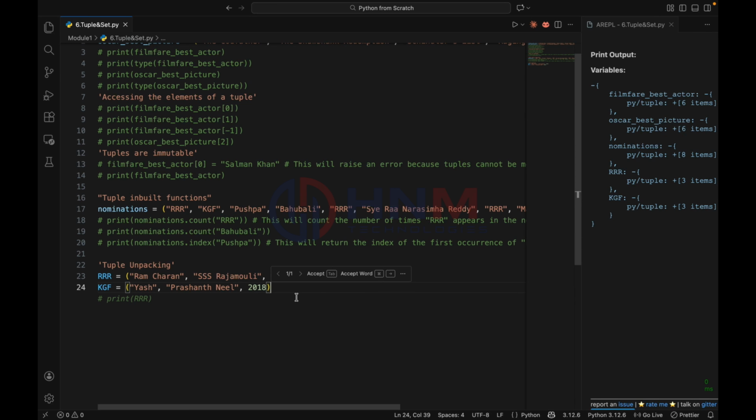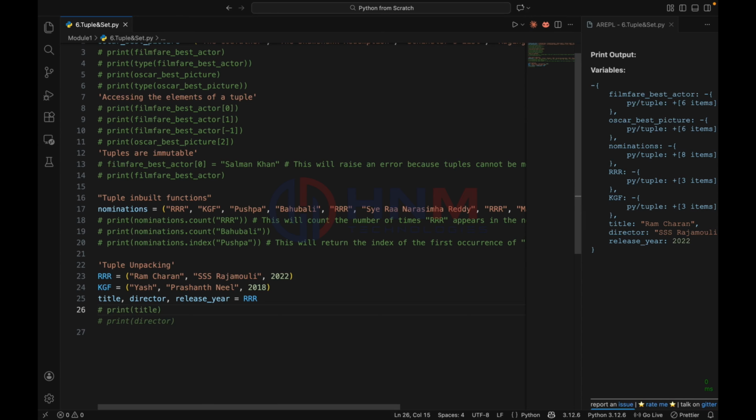Now we want to assign each value to a clean, separate variable, one singular variable like title.